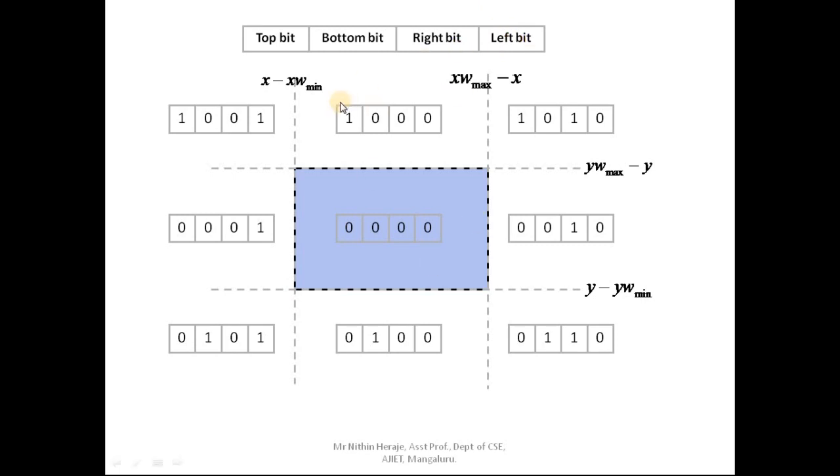Alright, next we have the fourth bit, that is the rightmost bit, which indicates the left side of the clipping window. So this line gives you the partition for the left side of the clipping window. You can see all these rightmost bits in the left side of the clipping window are set to 1, which means that this is in the left side. And if you see, the rest are all assigned 0. Okay, so now you have got an output.